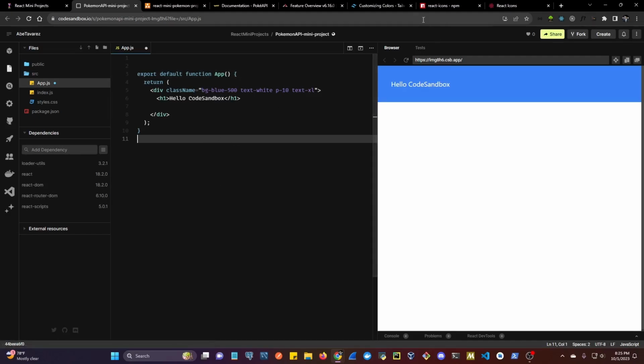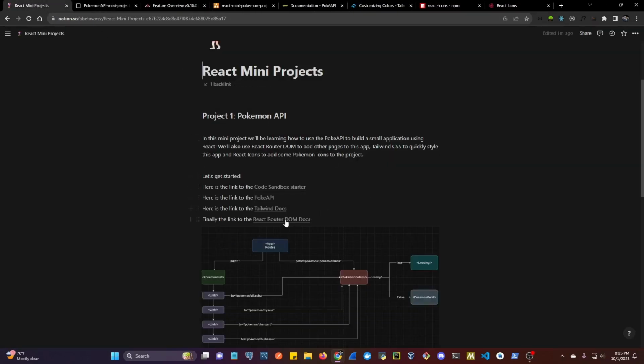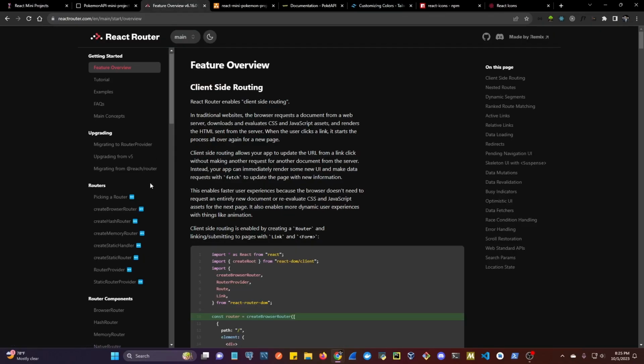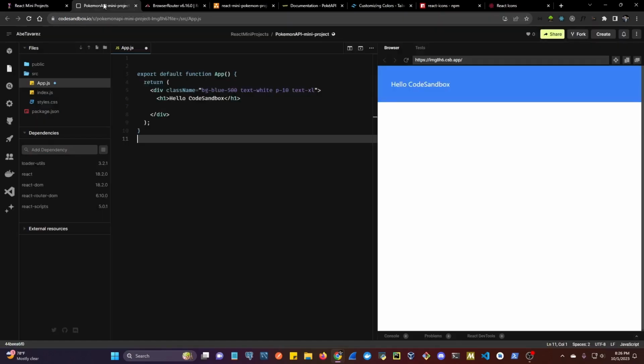So first, let's take a quick look at the React Router documentation. You have the link in here. React Router docs. So we're going to use the BrowserRouter component here, so we can wrap our application in the router so we can use the different components like Routes to create many routes, or the single Route as well. So you can look into the BrowserRouter. We can see how we can import this into our app. So we can go back to the App component here,